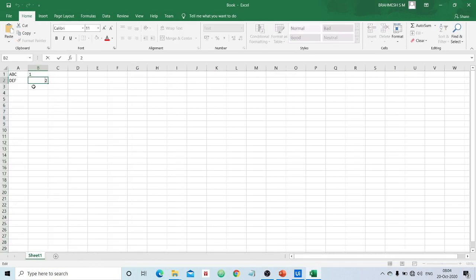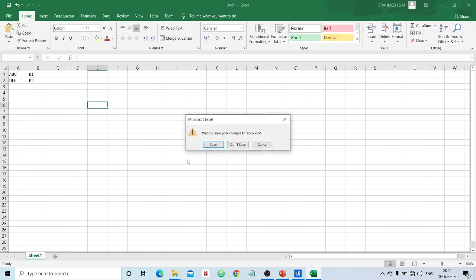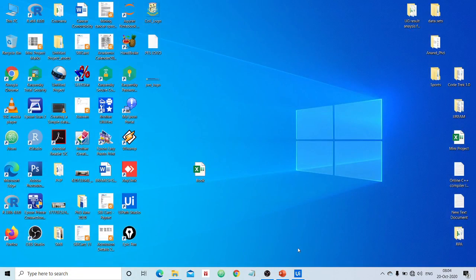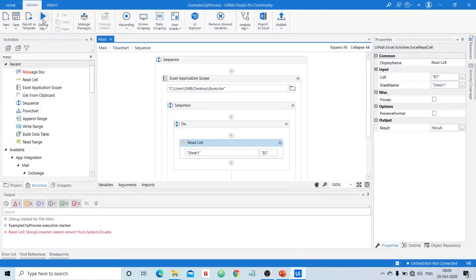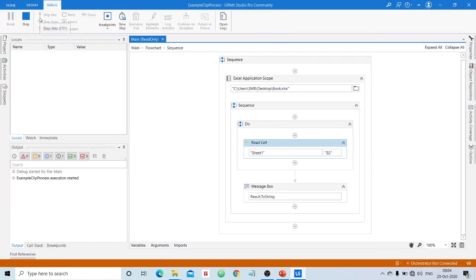I can use B2 or B1. I'm making the content a string. Did you observe here? Now it is retrieving the value of a cell identified with an index called B2.